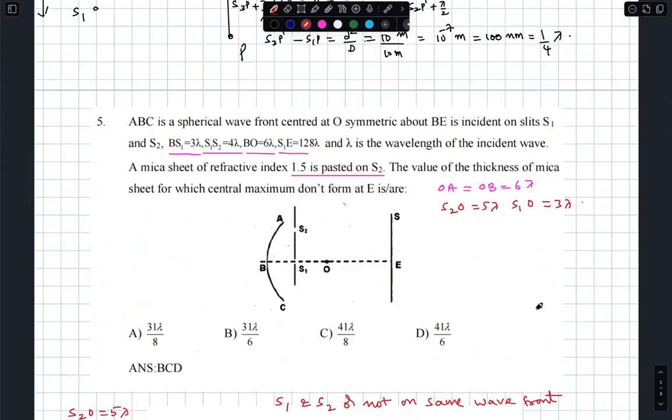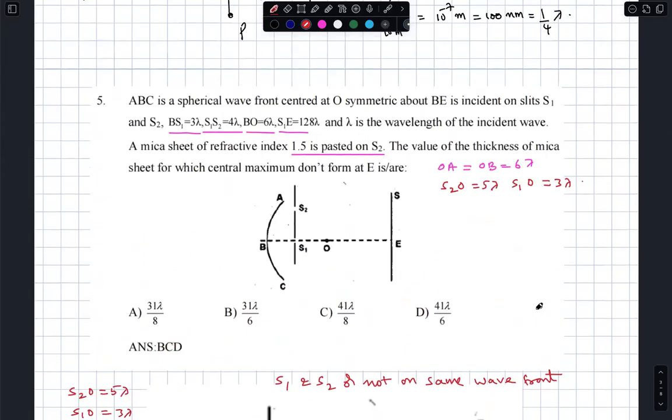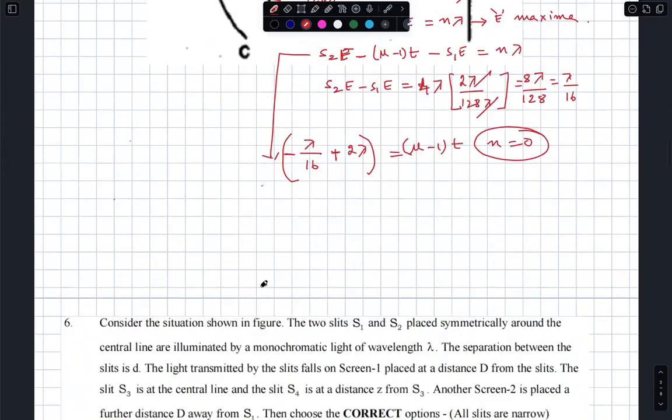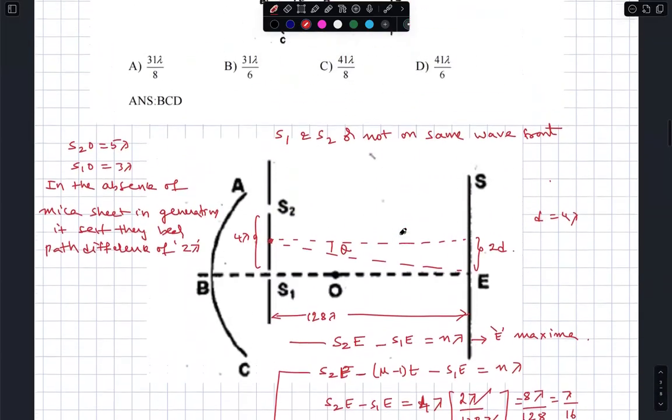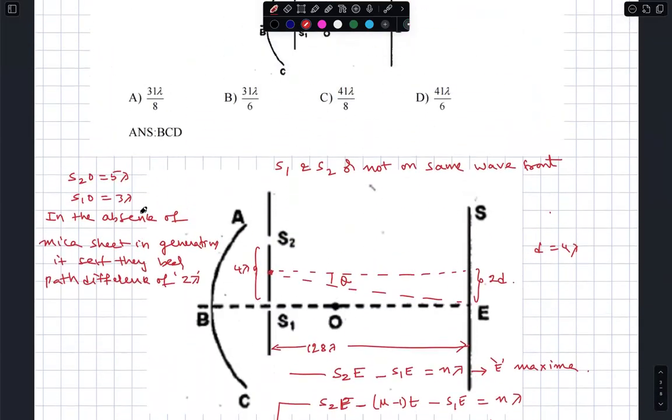By the way, what do you want? Thickness of the mica sheet. Mu is given 1.5. So 2 lambda minus lambda by 16 is 1 by 2 times t. This is the case where n is taken as 0. 31 by 8 lambda is one option. Let me see if it is 31 by 8 lambda for this central maxima